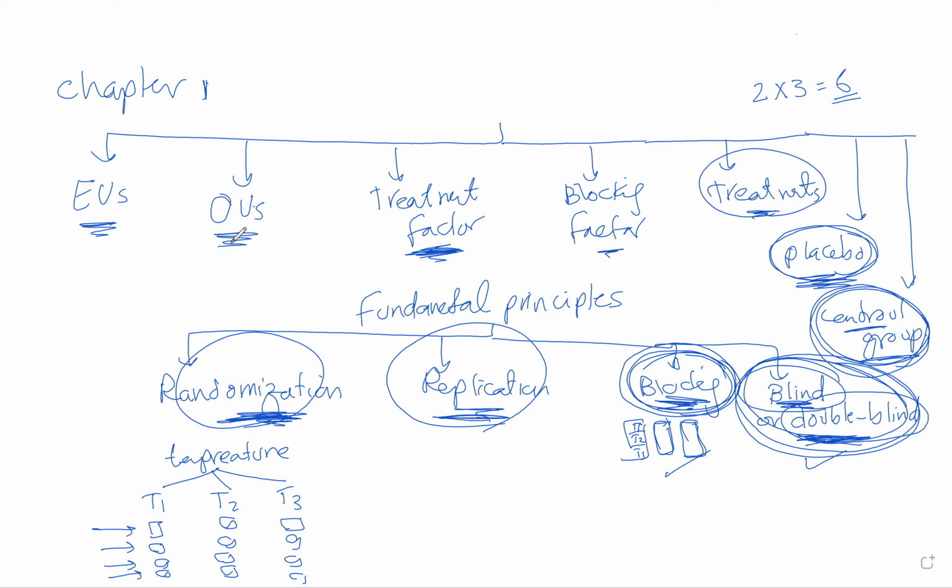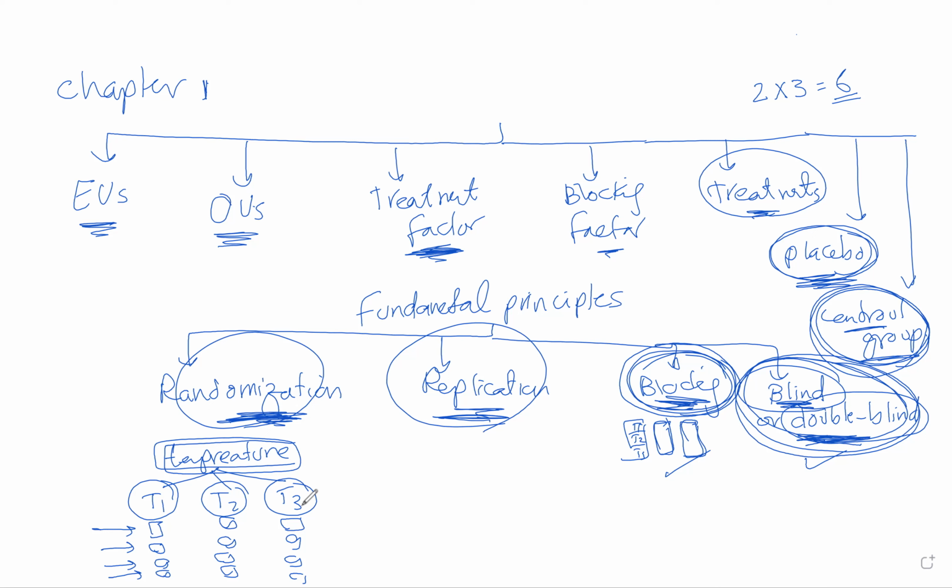Any other questions? Yes, I posted in chat. I asked the difference between treatments and treatment factors and how you can tell how many of each are in a study or experiment. Okay, the difference between treatment and treatment factor. Like if I set temperature, this is the treatment factor. But the levels of this temperature are the treatments. So if I have only one treatment factor, this one is called the treatment factor, and those are the levels, those are the treatments. So in this case, I have one treatment factor, 3 treatments.